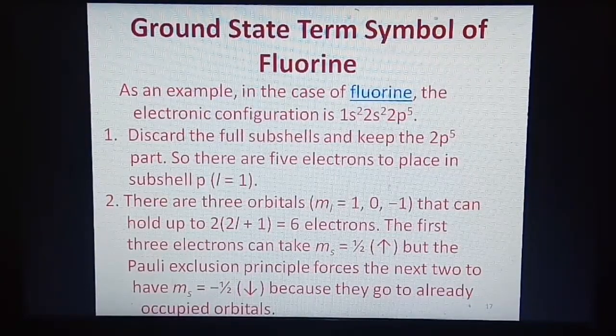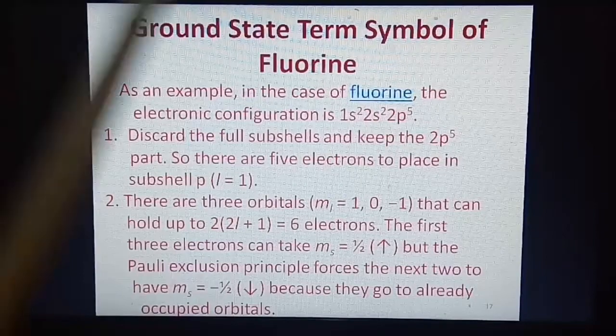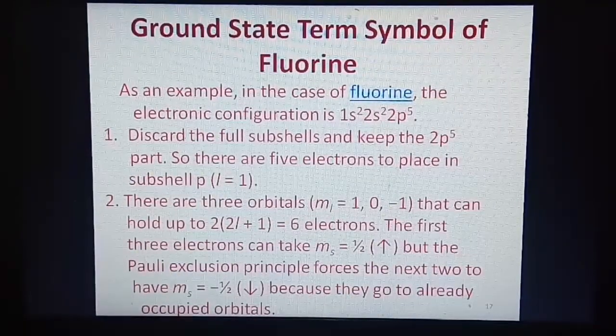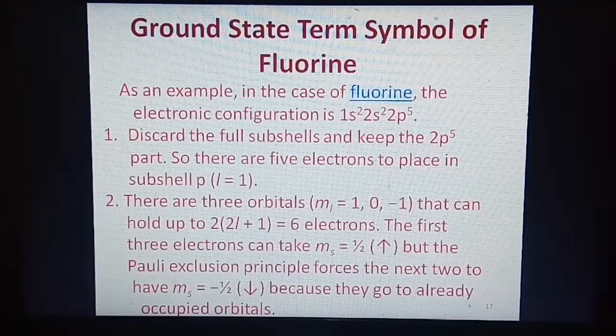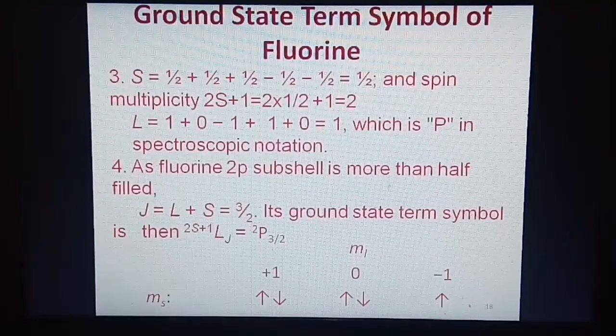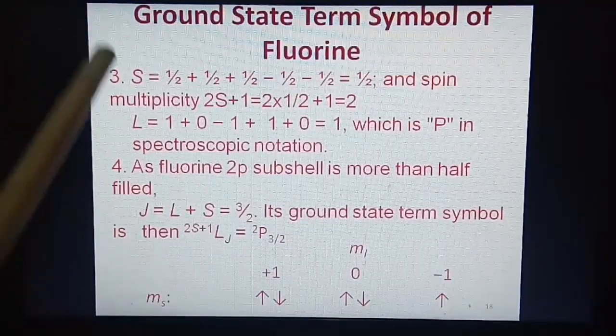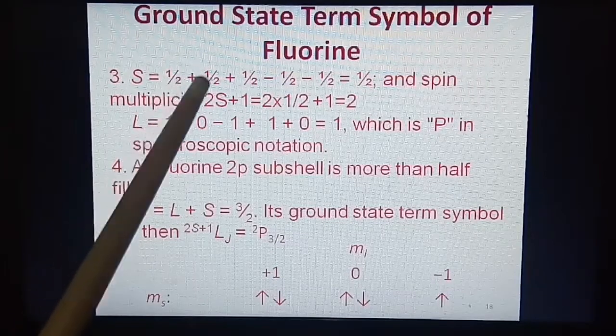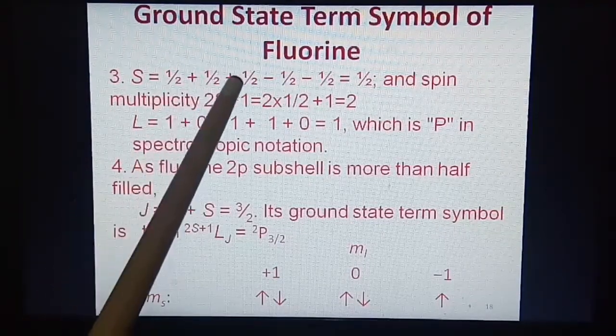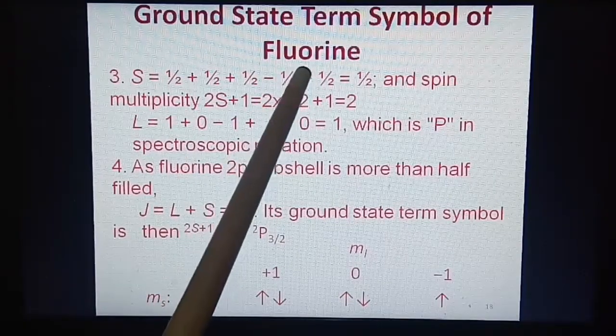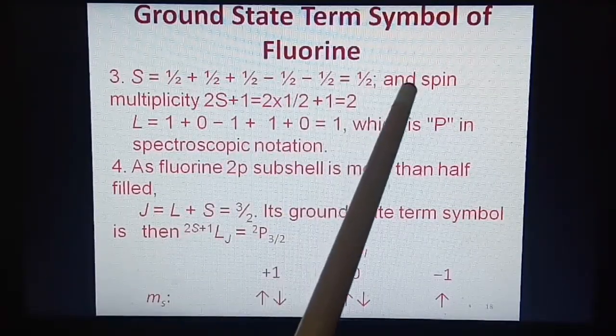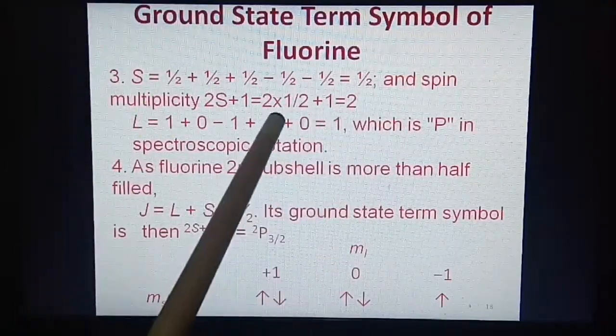The first 3 electrons can take ms value equal to plus half, that is clockwise motion. But Pauli's exclusion principle forces the next two to have ms equal to minus half, that is anti-clockwise, because they go to the already occupied orbitals. So total S will be, for clockwise direction, plus half plus half plus half, and for anti-clockwise direction, minus half minus half. So the total is equal to 1 by 2, and spin multiplicity will be 2S plus 1,